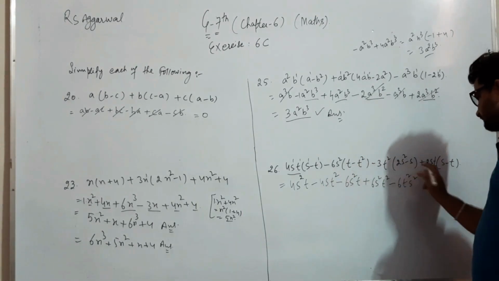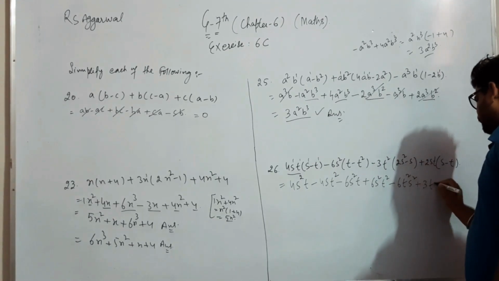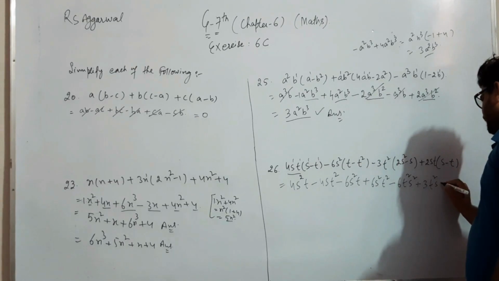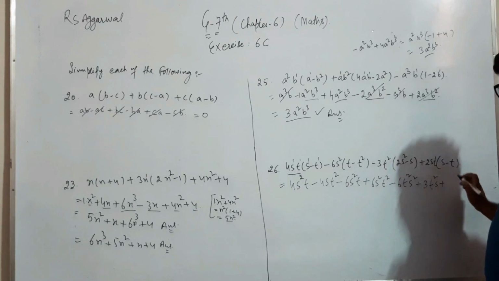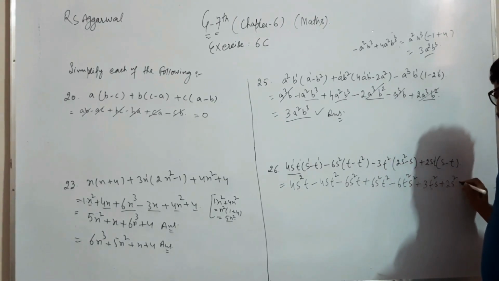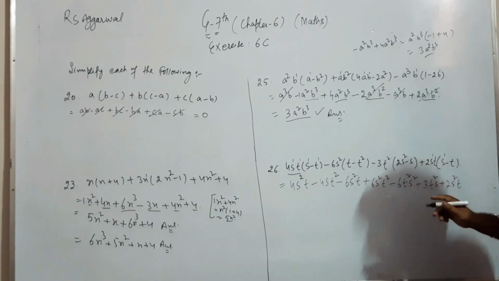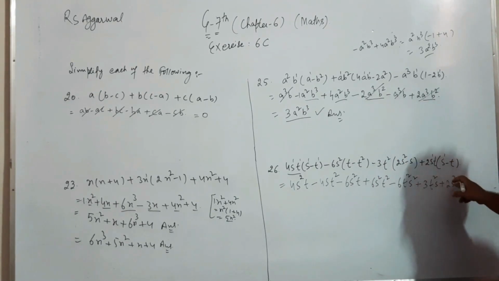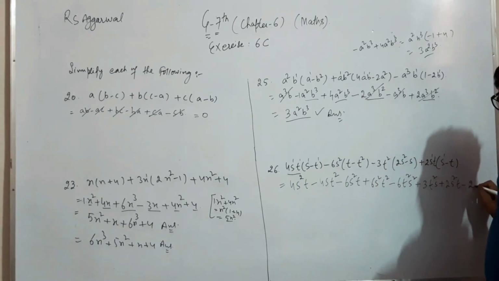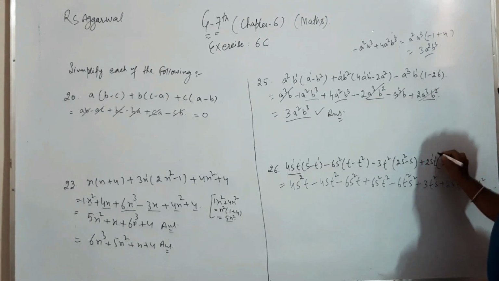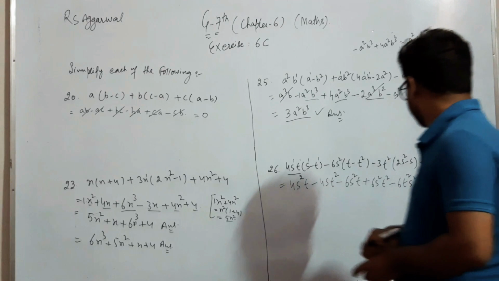So next minus minus plus, the sign will be plus, and 3 into 1 is 3 and t raised to power 2 and s. The last, plus plus, then 2st is multiplied with s, so it is 2s raised to power 2 into t. So s raised to power 1, s raised to power 1, when multiplied then it is s raised to power 2. And the plus minus minus, then 2s t raised to power 2. So here t1 and t1, it is t raised to power 2 when these multiply.